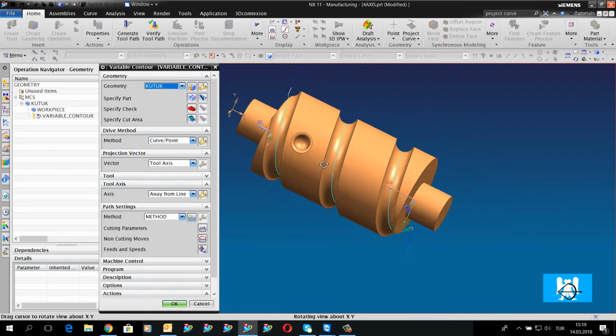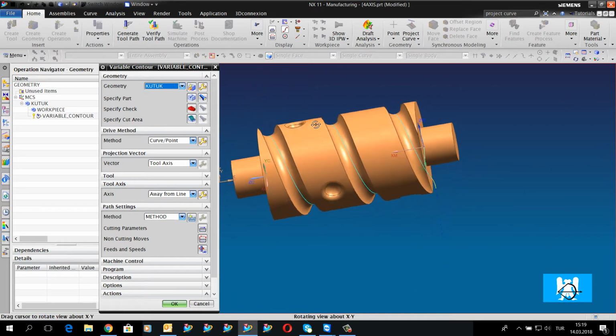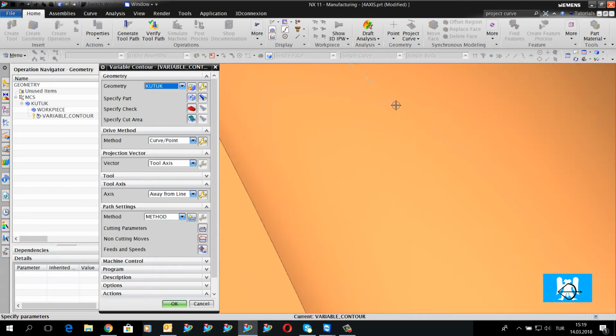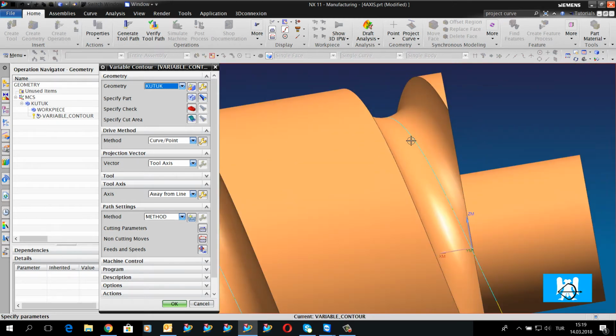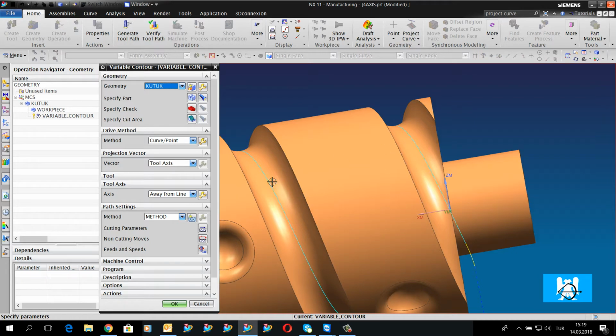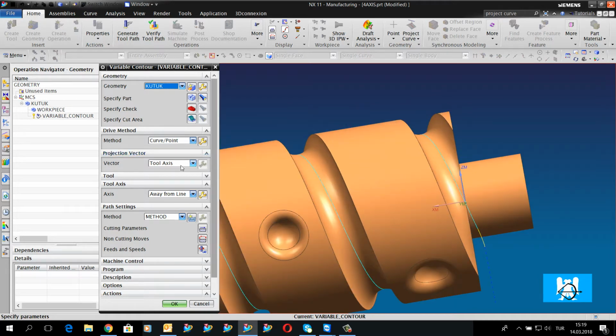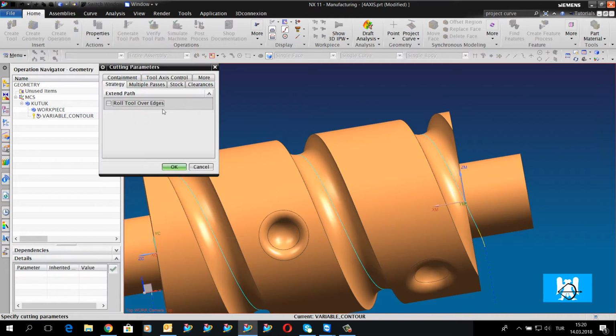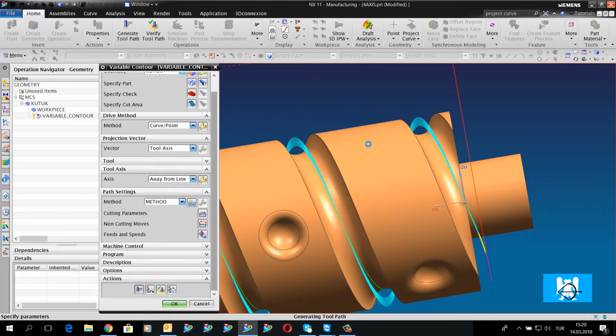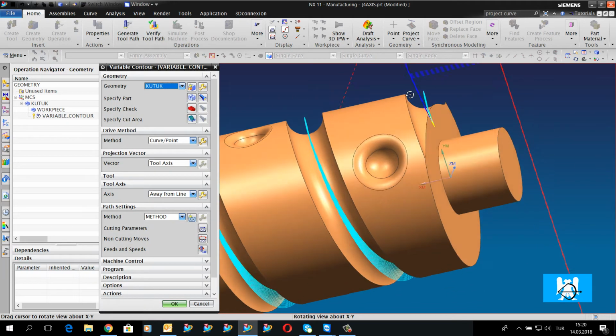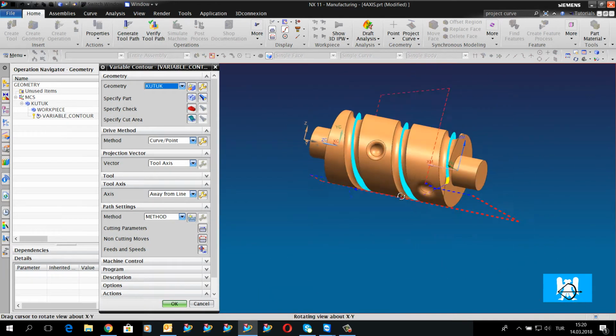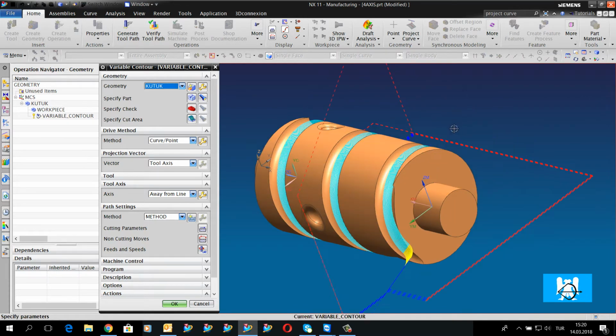Now we have one single toolpath created on the curve, but we must multiply that. So cutting by methods, multiple passes, 6 mm, multi-depth cuts, and .3. And we click generate. But I can see that these moves aren't in